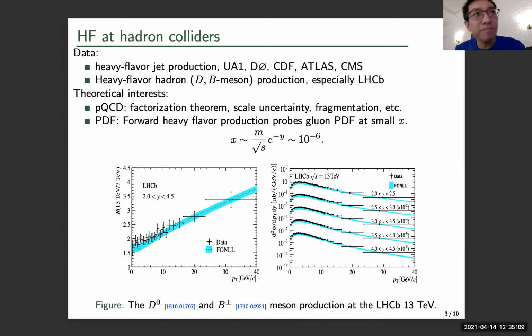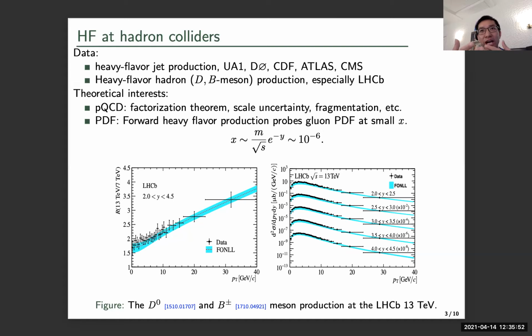So then we come to the heavy flavor hadron colliders for the motivations. Currently, we have a lot of heavy flavor data accumulated in the old colliders and also in the new colliders, the LHC especially. From the theoretical point of view, heavy flavor production is a very good field for us to test perturbative QCD, such as the factorization theorem or scale uncertainty in the calculation of fragmentation, etc. From the PDF point of view, forward heavy flavor production at LHCb will probe the gluon